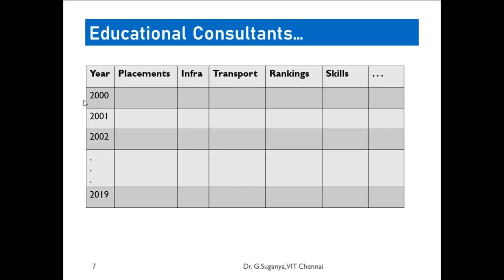Let's see. If I'm going to compare a record of 20 years, what I will do is start from the year 2000. Let's say I'm going to talk about a college X and predict how good it is going to be in terms of placement, infrastructure, and all those things in 2020. I want a track record of that. I want to know what percentage of placement it has. What about the infrastructure? Infrastructure can again be split into many things, whether it has a proper hostel, canteen facility, all those things, right?